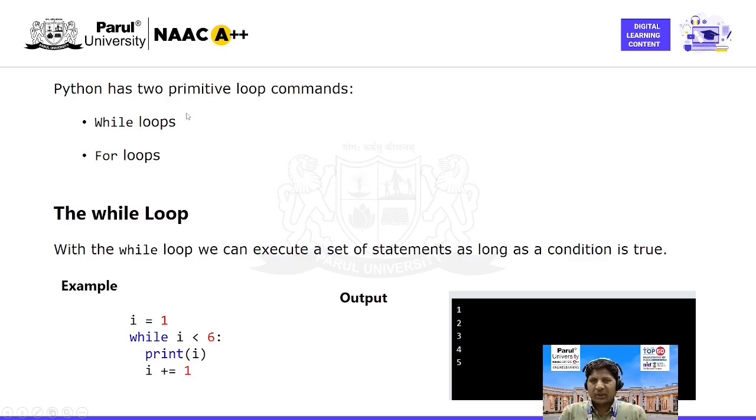Python has two. Now we discuss how many types of loop are provided by Python. There are two types of loop in Python. One is the while loop and another is the for loop. With the while loop, we can execute a set of statements as long as a condition is